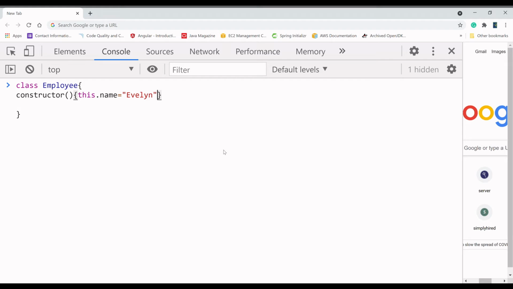Okay, so we are done here. The constructor is there, and then we have the class.